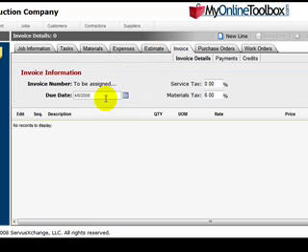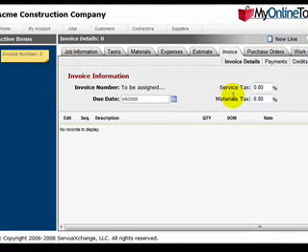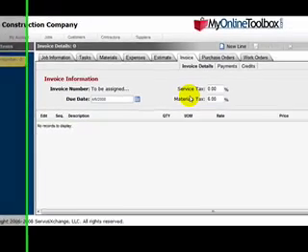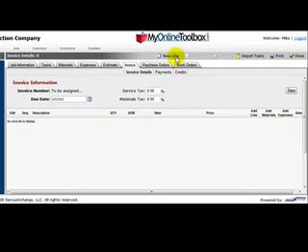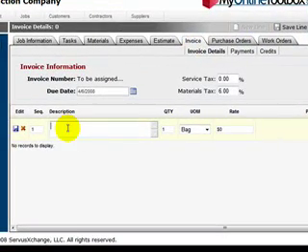Now the system has auto-dated it for me, so all I need to focus on is if my taxes are correct. They're coming from the defaults in my account. But now I need to make some line entries, and again we'll go to the toolbar up here and we'll click Add a New Line. This is a task line where I'm describing the work that was done. In this case,